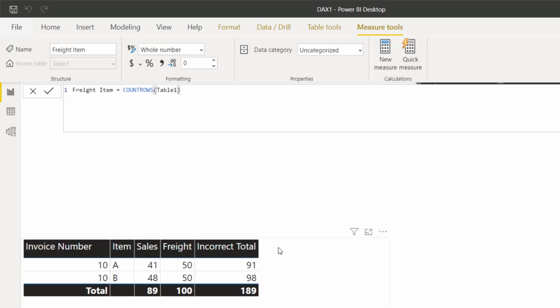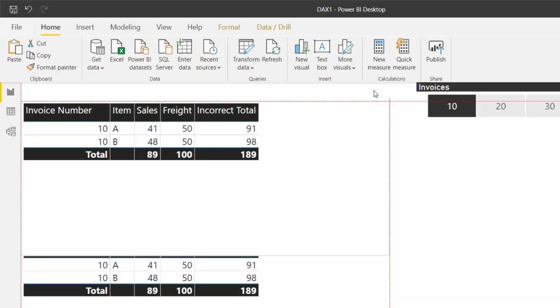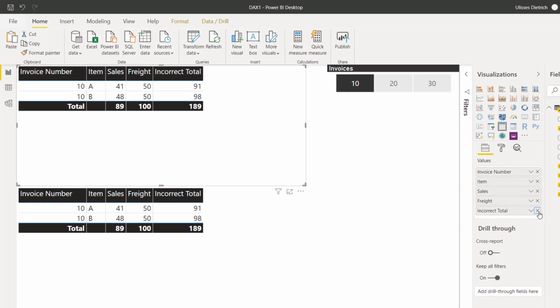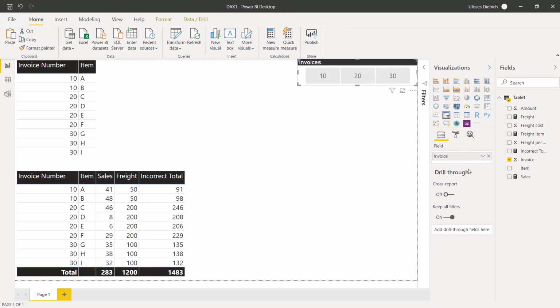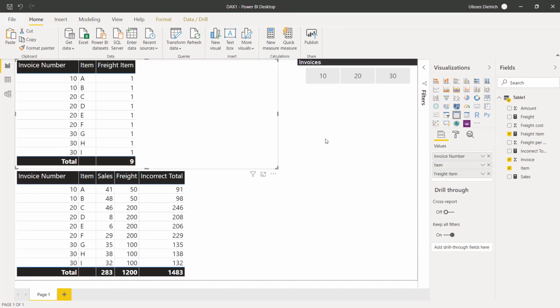Now let's duplicate this visual and leave just the invoice number and item columns. Let's also add this new measure that we are developing. Now we need to understand a bit of filter context. You can see that the measure is showing 1, which corresponds to the only row in our data set which has the invoice number and item combination in this filter context. The same applies for each number 1 you see here. And these are all the rows from the data set,